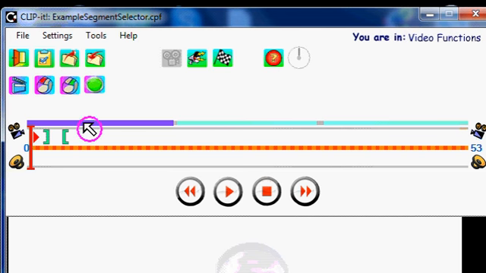So here is the segment selector along the top here, and as you can see there are 3 segments. This is the one we're in, which is the first segment indicated by this darker bar, and then that's the second segment, and this is the third and last segment. So basically what it means is that the section of the clip between here and here